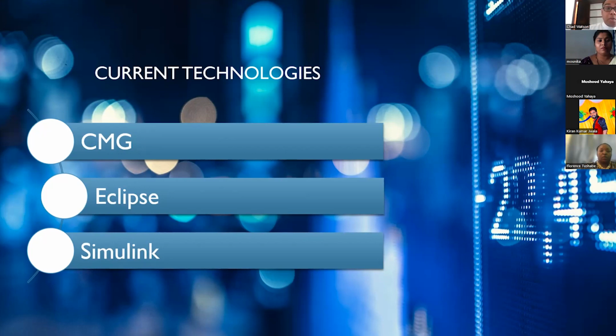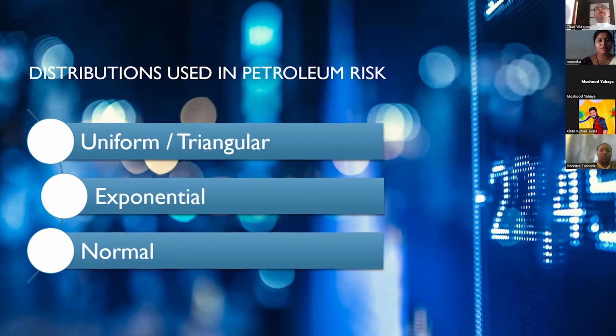So how do we approach this now? There are certain distributions that we look at when looking at petroleum risk. We have uniform and triangular distributions. Let's say, for instance, you want to look at the saturation of rock. You know it's going to be between 0.1 and 0.4, but you don't have any idea what it will be. So you may use a uniform distribution. Now, when would you use a triangular distribution? With a triangular distribution, I know it's between 0.1 and 0.4, but I think it may be closer to, let's say, 0.23.